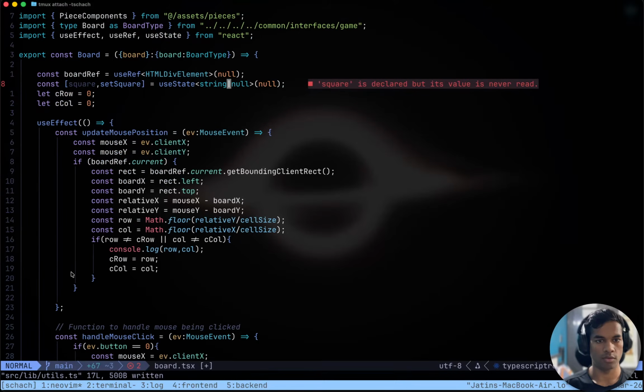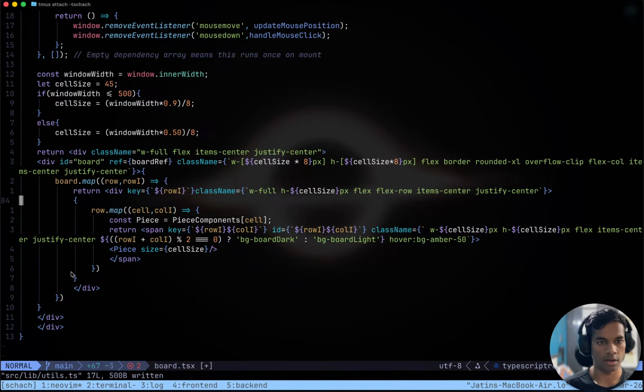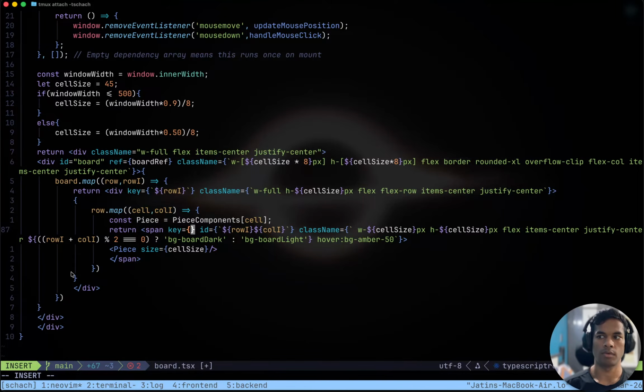Remove CSS. Cool. And here we were giving keys, not key but id, to each span here. So instead of this we should be calling the function, which should be pretty cool.